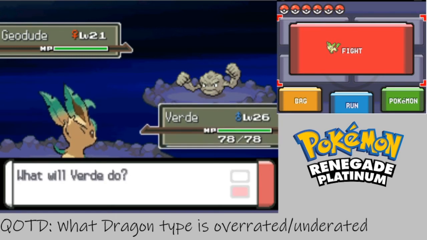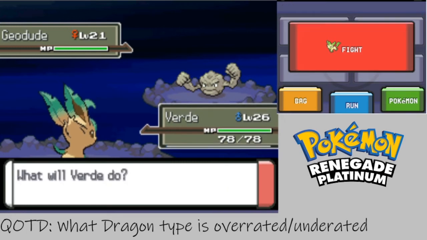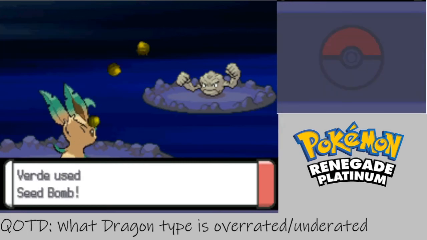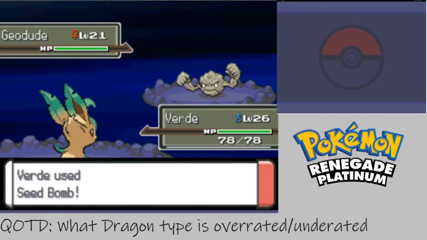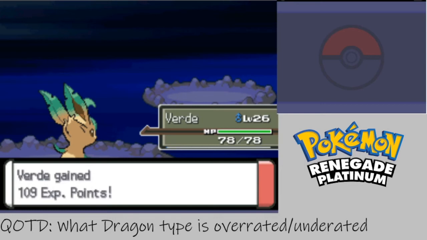No stats are neat, no real. Aside from that, Garchomp can now learn Fly. Why? I don't know. But hey, there you go. Your Garchomp can now fly if you so choose to. Anyways, with that,